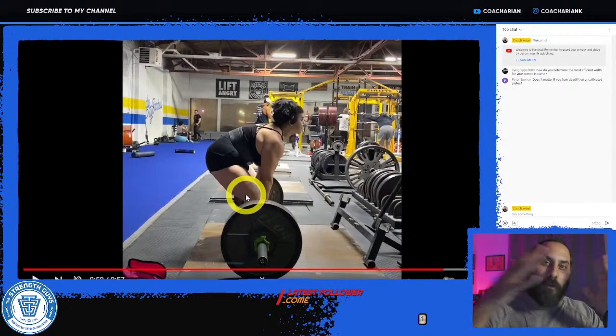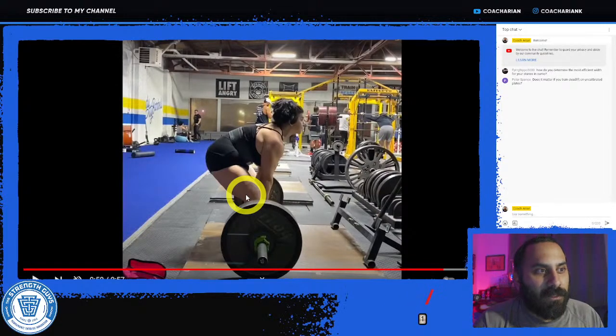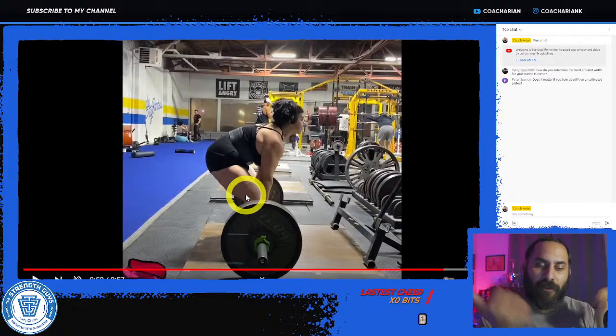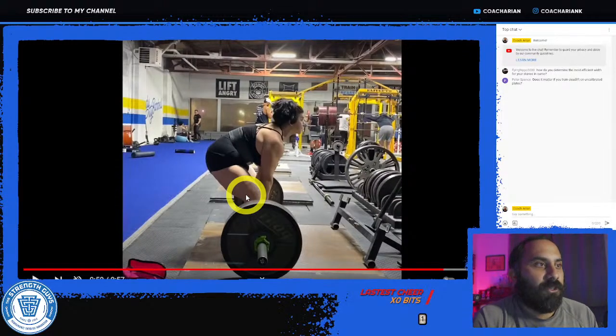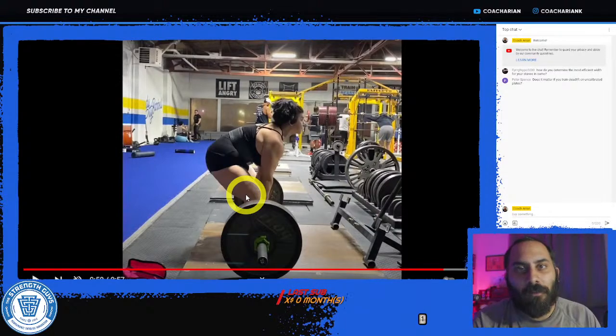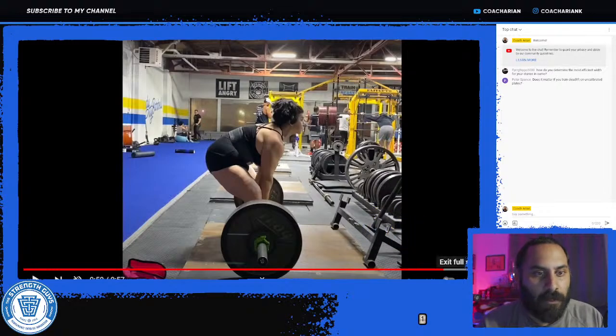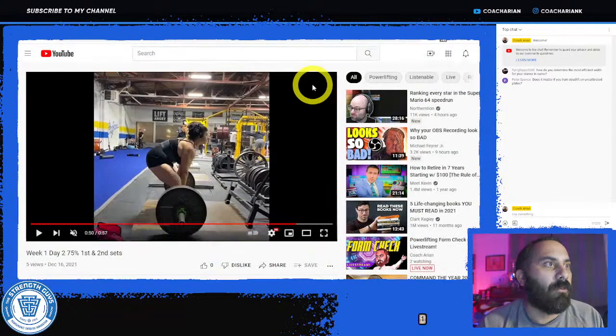The whole point of sumo, or one of the main points of sumo, is to try and go wider and artificially shorten your height. And now your arms are going to be longer compared to your height. And also you can drive your knees out to the sides, artificially shorten your legs, and be able to get in a more efficient position. And then the other point, obviously, for those people who compete equipped, is to try and get a little bit more out of the suit. But that's a different story.